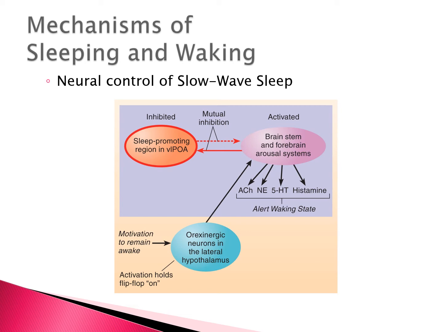Why am I making a big deal about this? Because later when I start talking about narcolepsy, people who are narcoleptic, it looks like their autoimmune system is attacking these orexinergic neurons. They don't have orexin, and so they are not staying awake and aroused. That wake is not staying on. And there are aspects sometimes of REM sleep that are encroaching on their waking life, when they're not in REM, when they're just waking up or whatever. It's supposed to keep the REM off, and it's just not there in those people.